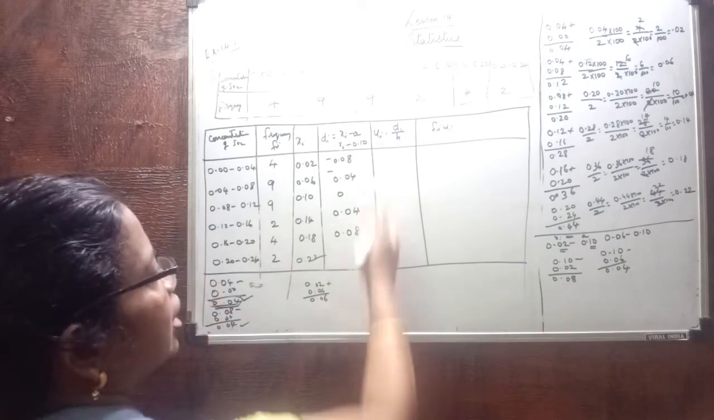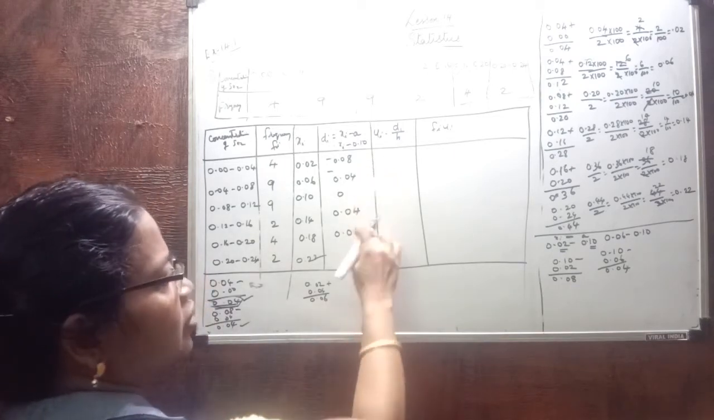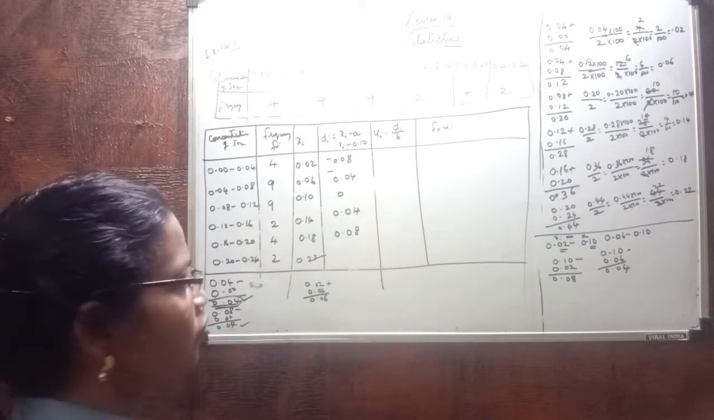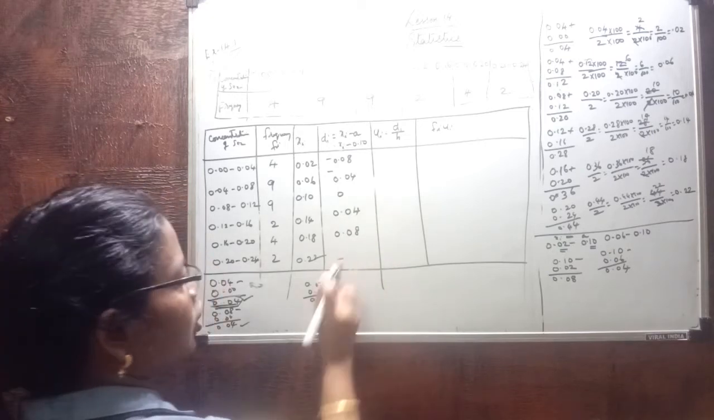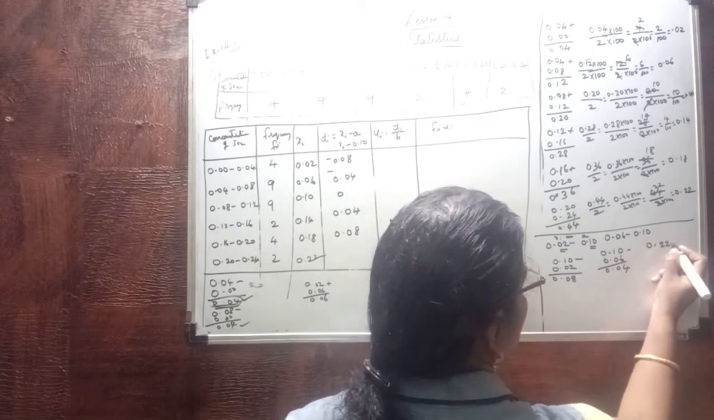How will you find out? The difference is 0.04 between them. Next one, add 0.04. Otherwise what will you do? Here it is 0.22 minus